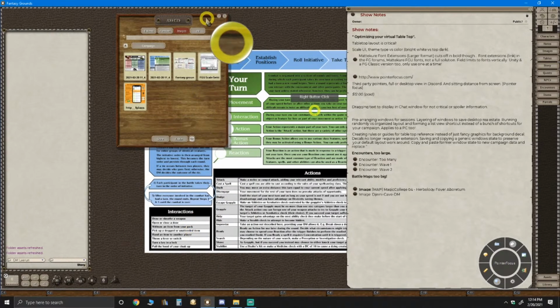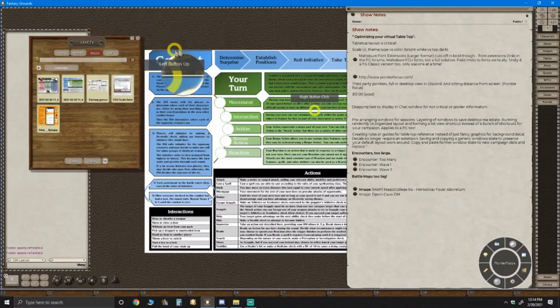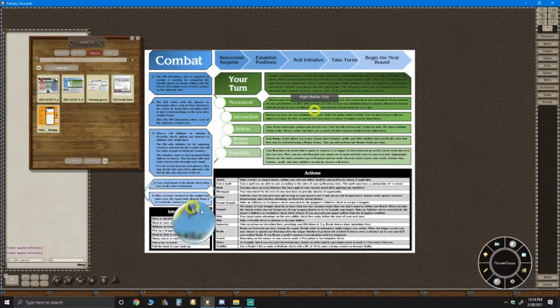So now this is a permanent image, or semi-permanent. I can always change it with a different graphic if I want. But now this is visible for your players at all times. And this talks about combat in this case. So that tells you what your turn, what you can do, the order of the turn, and some notes here that talk about each section. And then down below, these actions, what the terminology is, and what type of interactions you can do